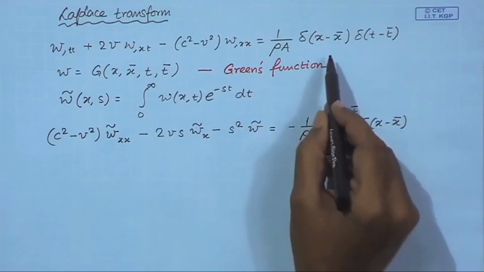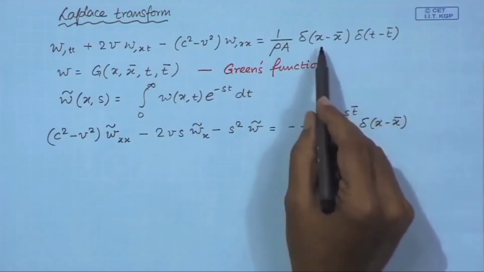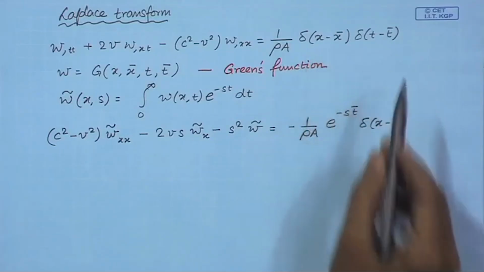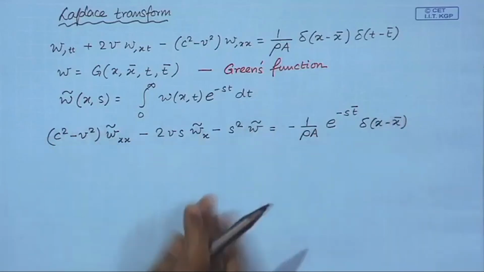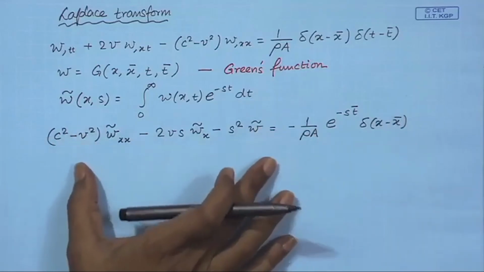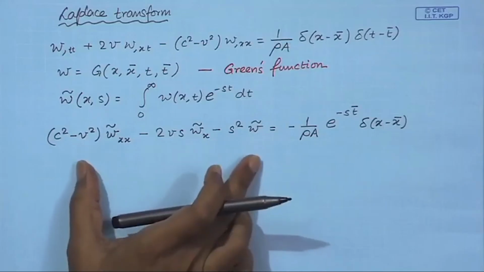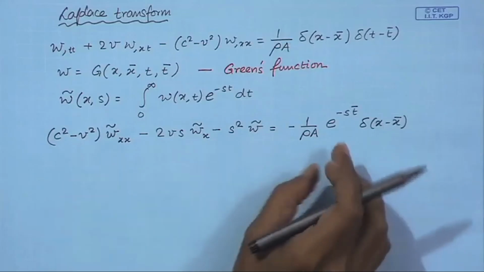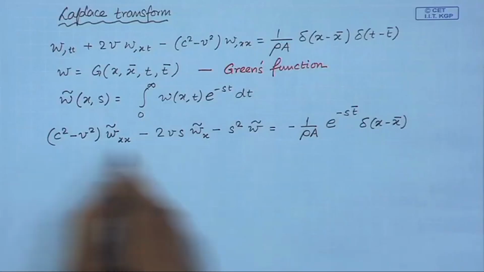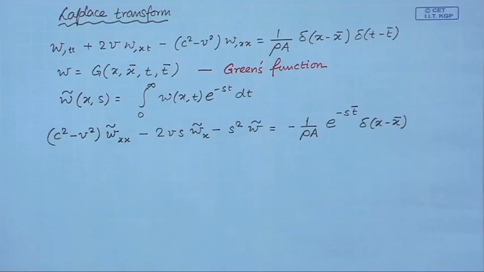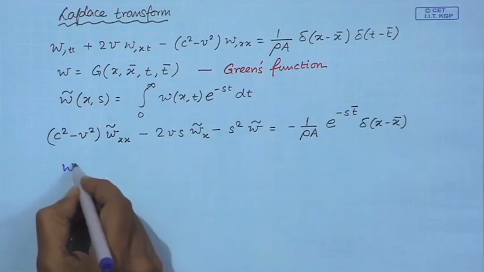So, essentially we are giving an impulsive input at x equal to x bar and at time t equal to t bar. Once I take the transform, this is the final equation in the Laplace domain, where S is the Laplace variable. Now, you can solve this equation easily, but it can be further simplified if you use